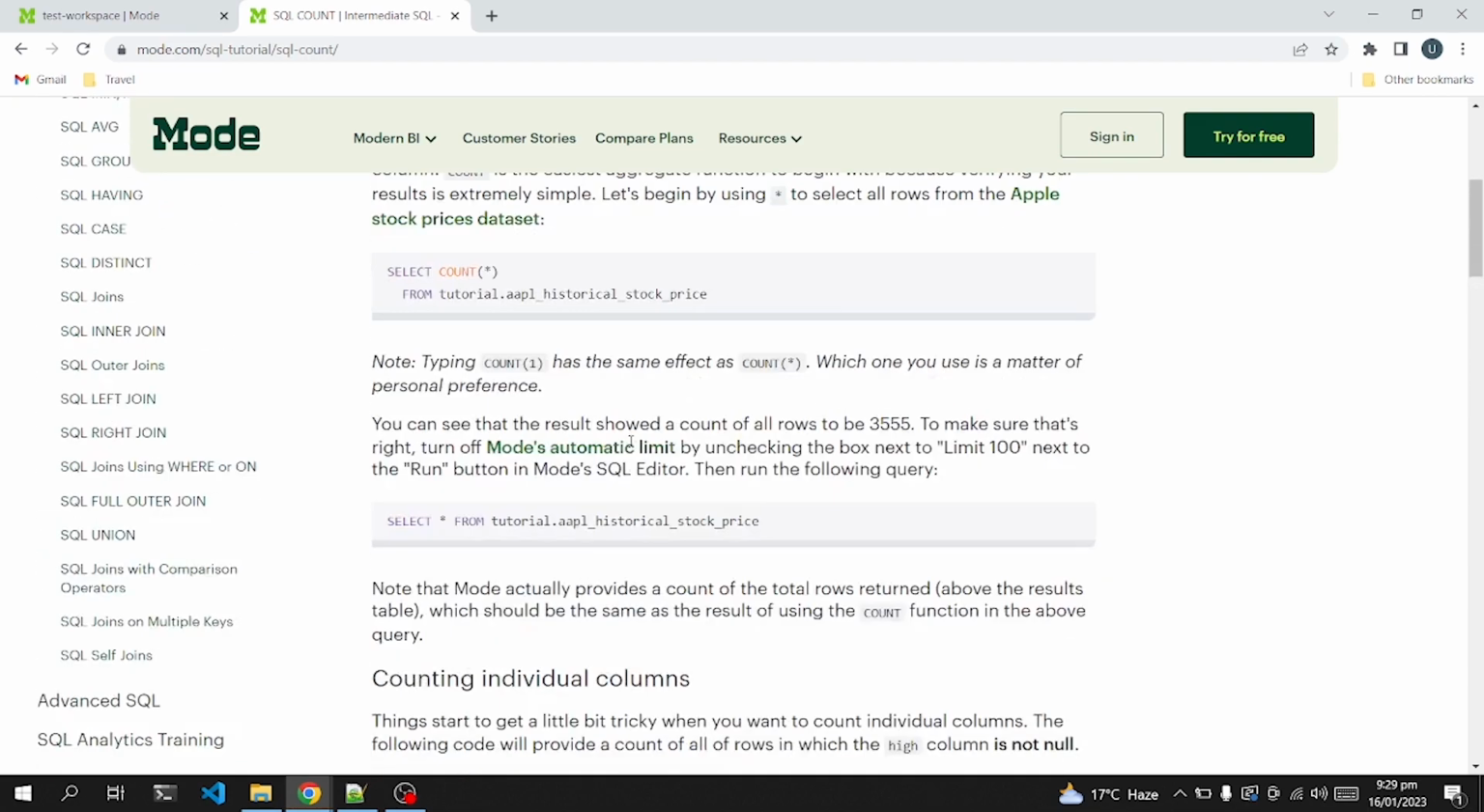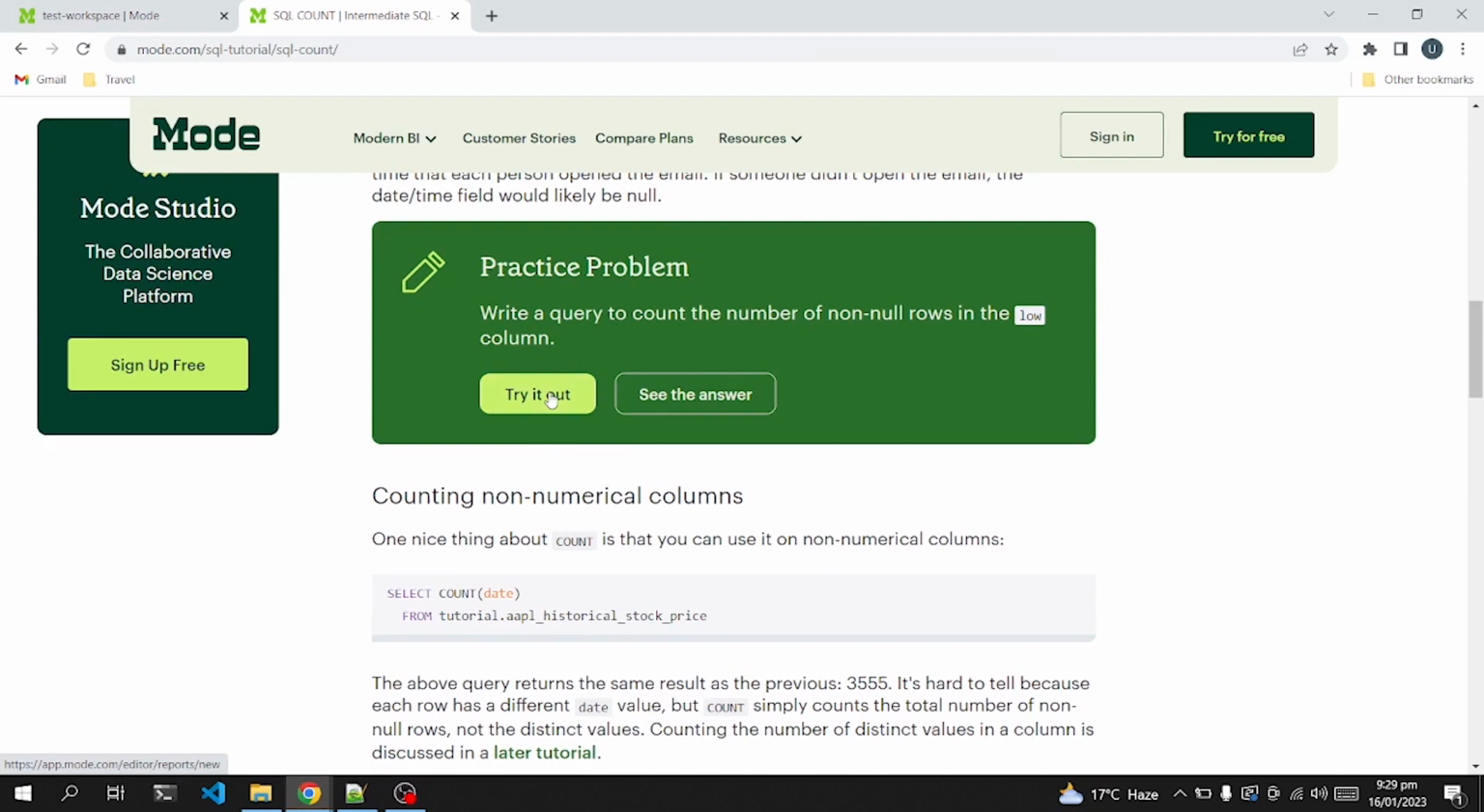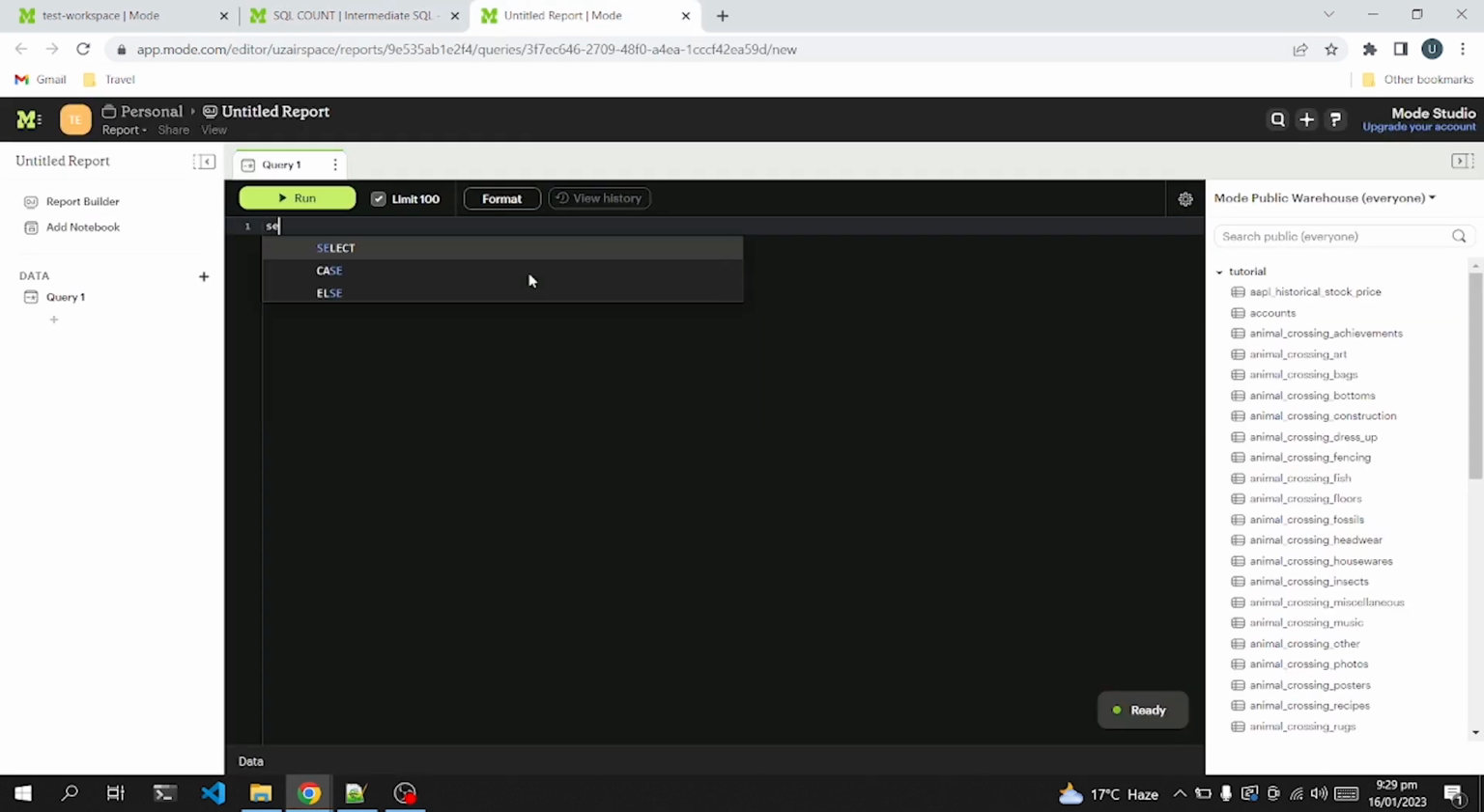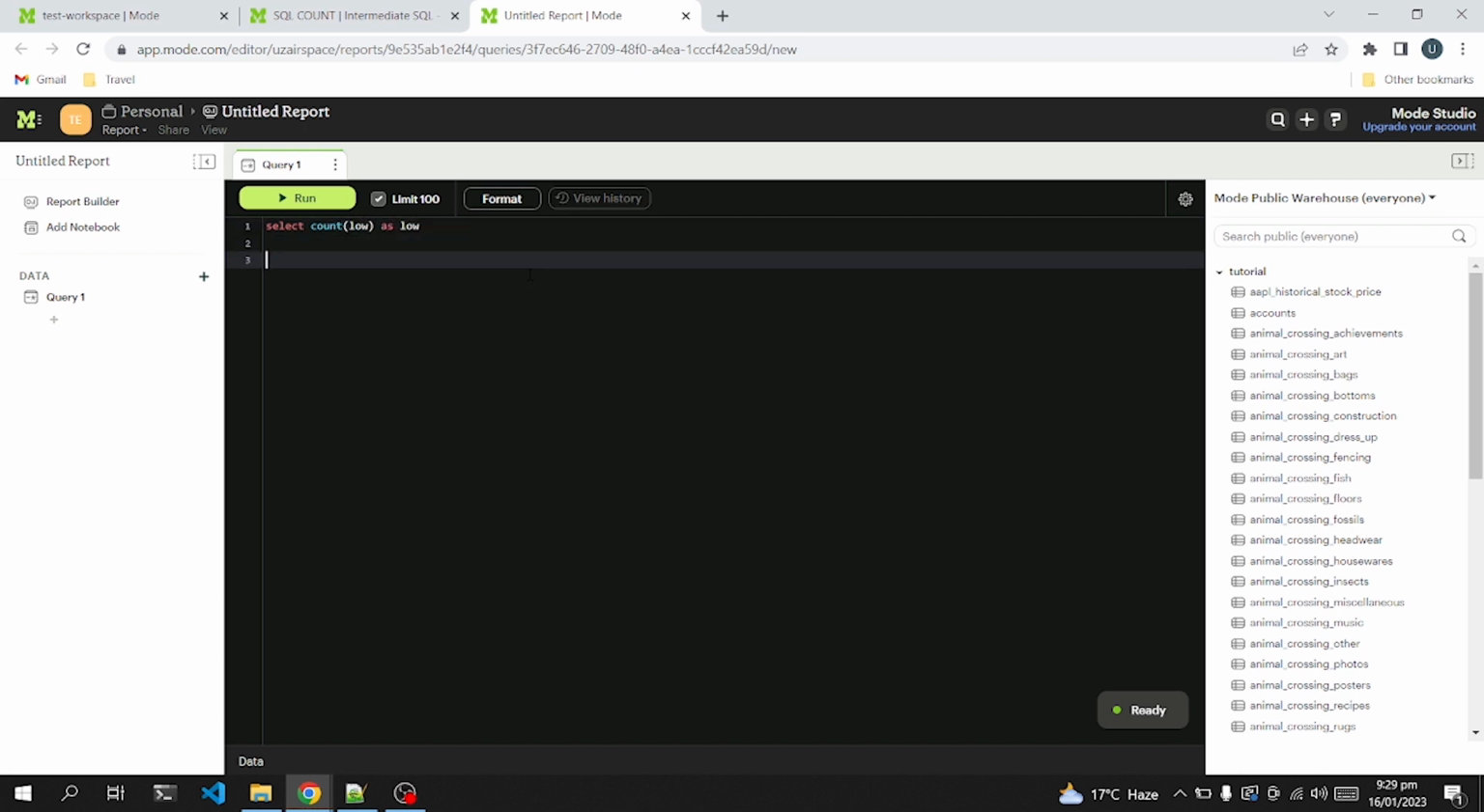So first we have count. Let's try it out and open another tab. Here the question is, write a query to count the number of non-null rows in the low column. So we have a column called low and we have to count the number of non-null values. It will be an easy query using the count function. Just write it out, like count low from